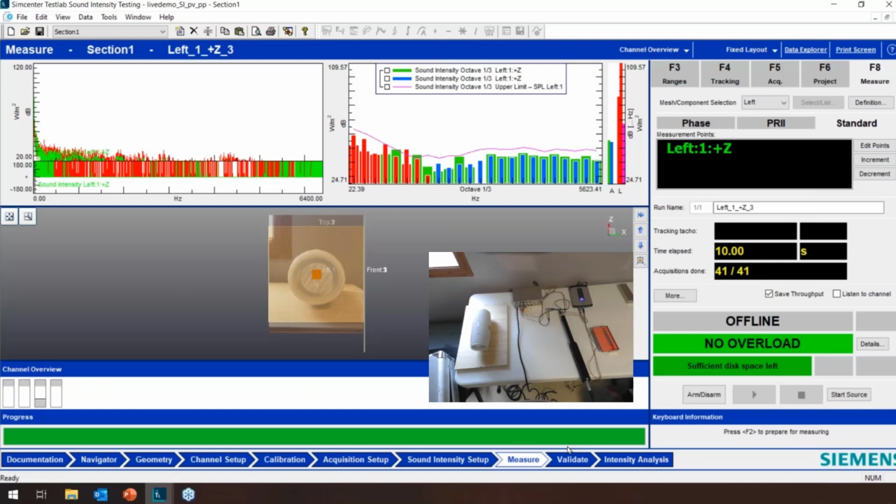The upper limit for the intensity is the sound pressure, and that's the pink line you see in the right side display there in the octave. All your intensity should be lower than the upper limit. Based on the instrumentation used, there can be a lower limit curve also, but we didn't perform the phase calibration, so that's why it is not showing up here.